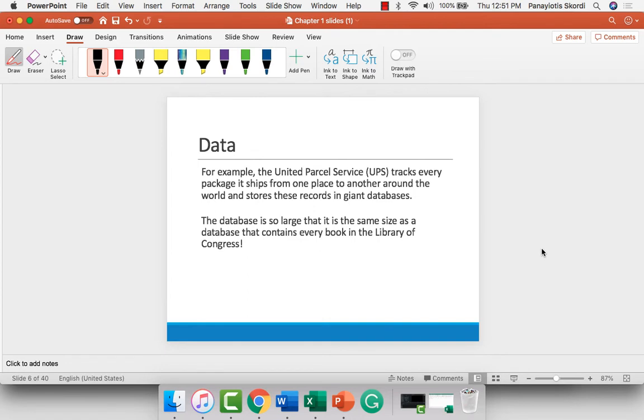The UPS really does track every single package. In fact, there's an app which you can download to your phone called Informed Delivery. And this app each day will tell you exactly what's going to hit your mailbox. And it will actually have a photo of the mail that's going to hit your mailbox on a daily basis,